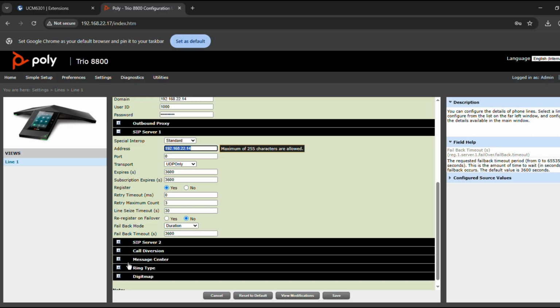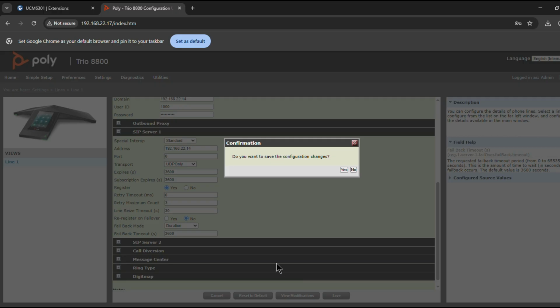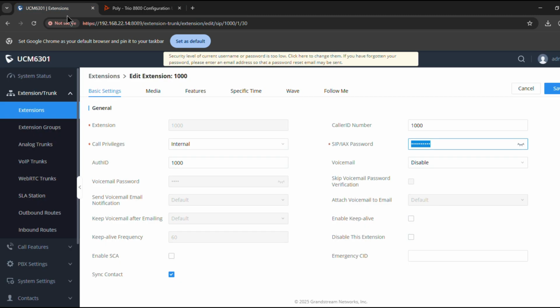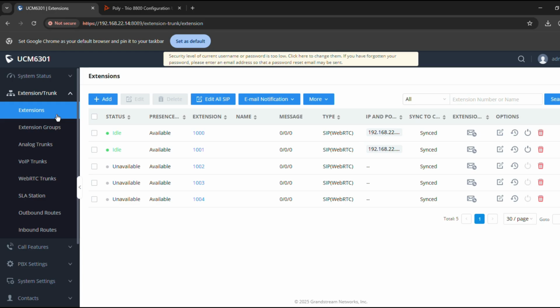Do not change any other settings. And you can also configure your SIP server 2 in case of failover of primary PBX. Now click on save and click yes. Now the phone is registered and we can verify from the PBX extension dashboard. So you can see extension number 1000 is registered with Poly IP phone